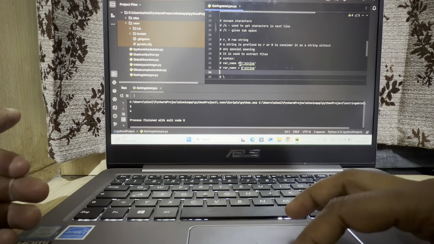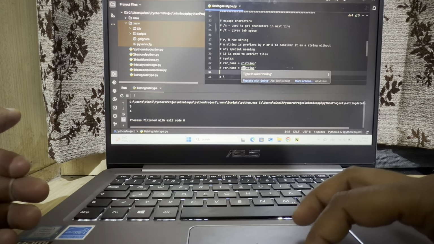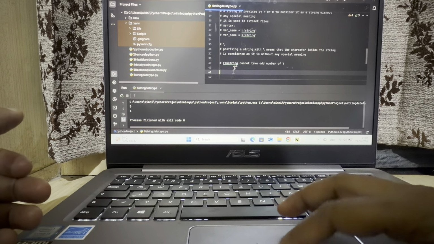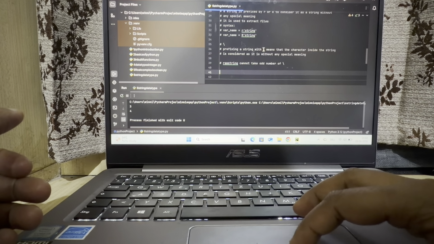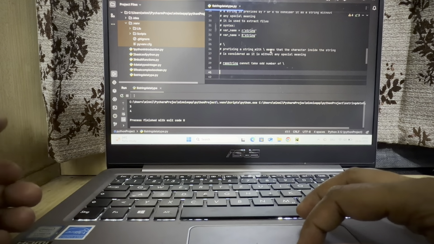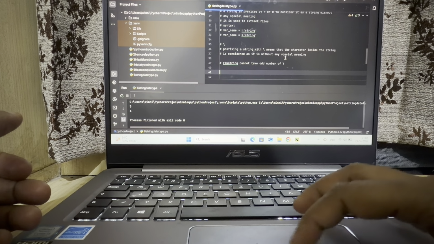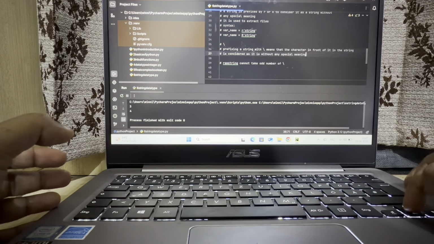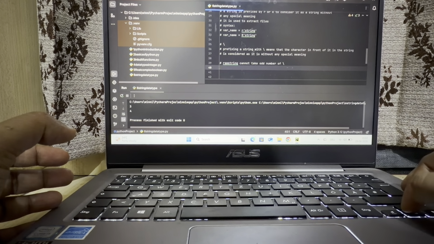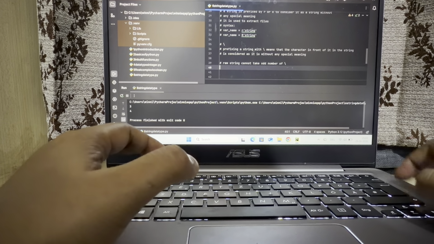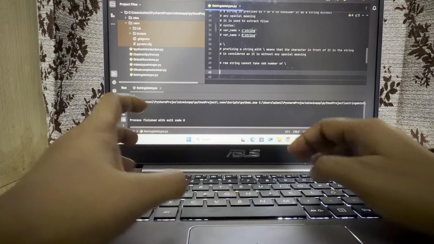Variable name is equal to a small r string. Variable name is equal to capital R string. Prefixing a string with r means that the character inside a string is considered as it is without any special meaning. Raw string cannot take odd number of /. Example: